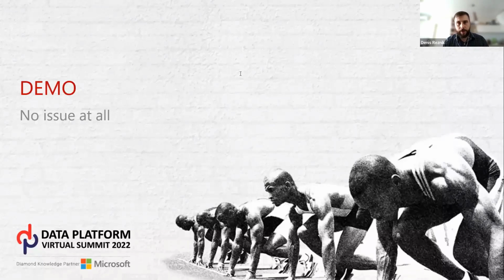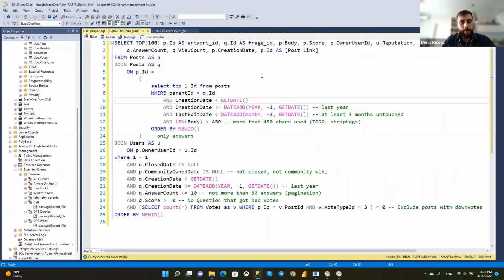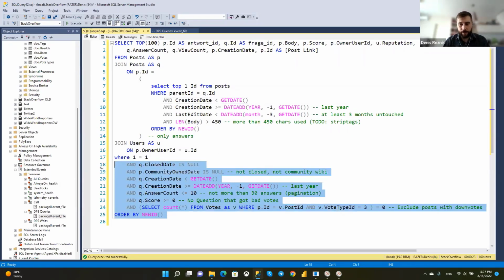But a long time ago, when I did performance optimization, I found that my colleague was finding the issues several times quicker than me. I started with query plan analysis, with all kinds of stuff. I was very curious and I asked how he does this. And he showed me, hey, this is what I'm doing. I'm taking just some part of the query out and checking if it becomes faster. Yes, let's try to do this.